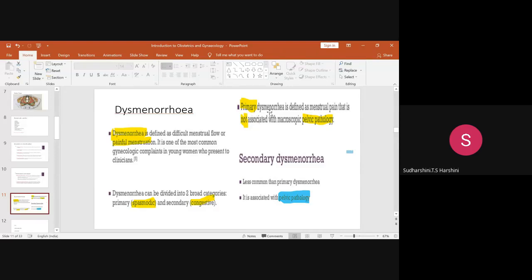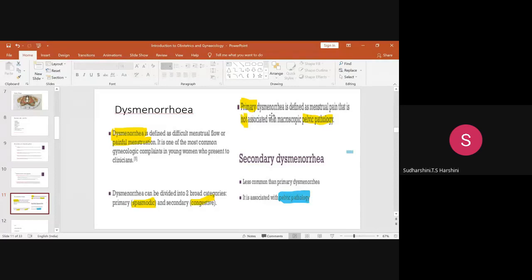Primary dysmenorrhea is not associated with pelvic pathology. So without any pelvic pathology, the patient has dysmenorrhea. That is called primary dysmenorrhea, and it is purely functional. The pain is caused because of prostaglandin secretion, which is associated with endometrial shedding. That's why you take Meftal-Spas, which decreases prostaglandins in the uterus, and you are relieved of pain.